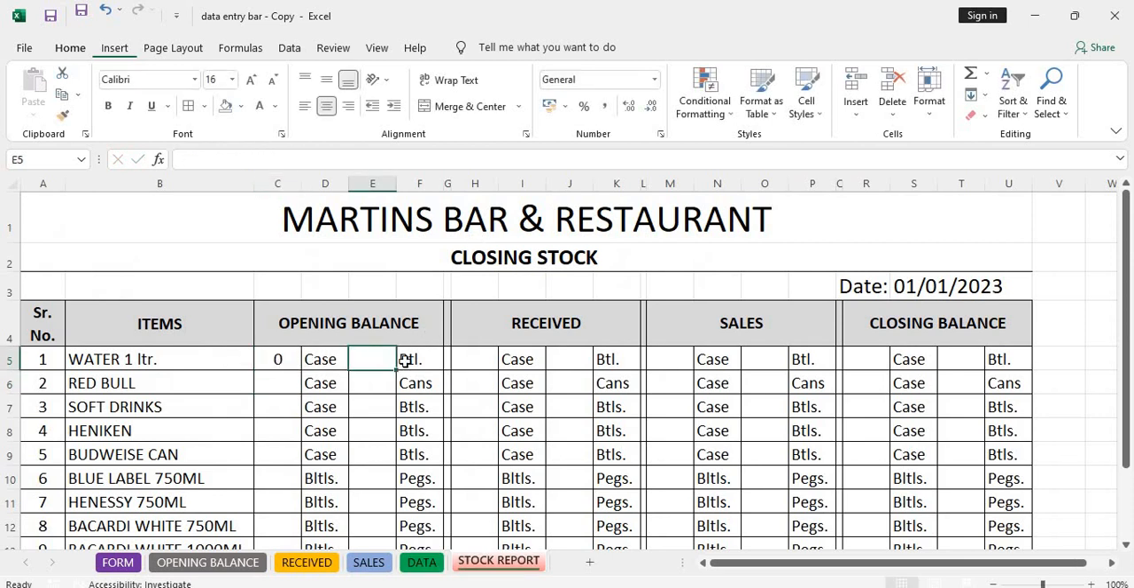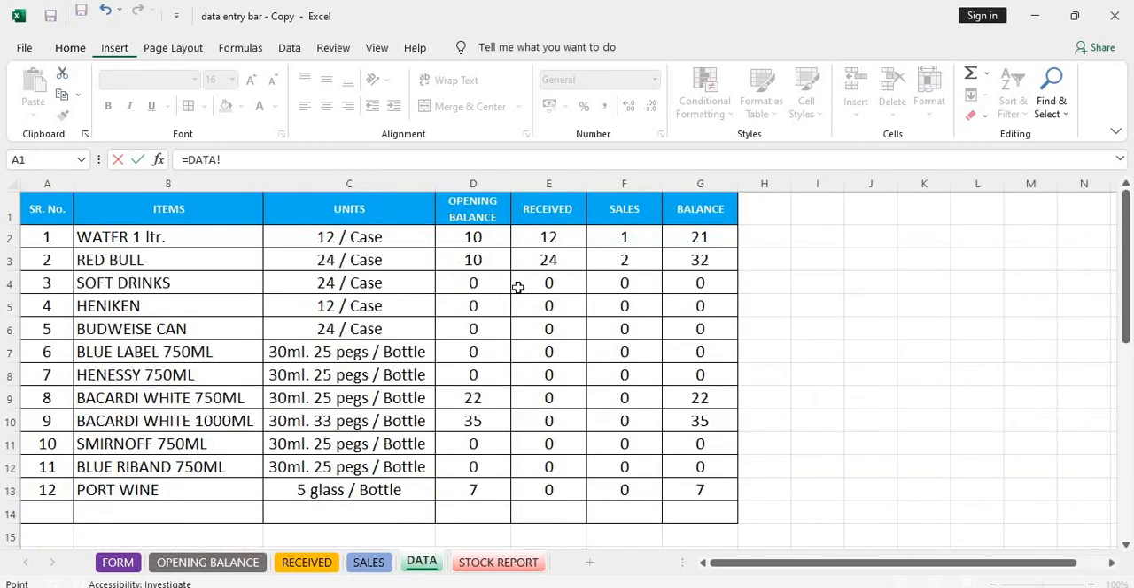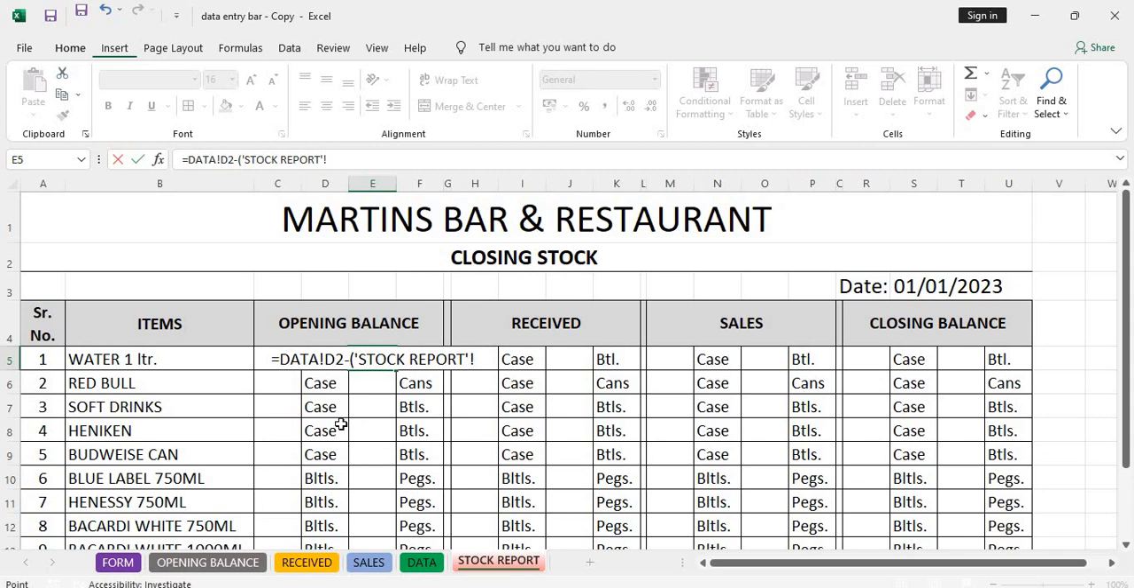Now here, again a different formula. Equal to, go to data, click on opening balance, minus, open the bracket, go to data, go to stock report, select this cell,